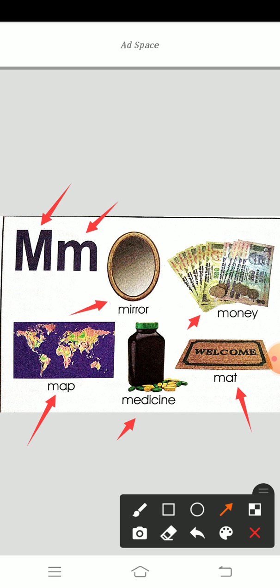We use this money to buy things like clothes or groceries or fruits, vegetables, whatever you want to buy from others or in the market. We must need the money. Is it not so, children? If you want to buy one chocolate, you need 1 rupee. Otherwise, shopkeepers don't give freely, right? We take money to buy anything. Then mat. A mat is used near the doors or outside the door.